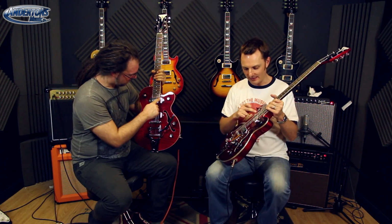Bigsby loaded. Gotta love the Bigsby trem system, and with the dog ear P90s, which essentially just refers to the fact that they have these little dog ear side bits that screw into the guitar. What is it you love about the bridge then? Because no other tremolo sounds like that. Let me turn my guitar amp on and you might be able to hear something. Meh. I mean, you can't dive bomb with them, can you? Oh, I unplugged myself. No, but no other tremolo sounds like...